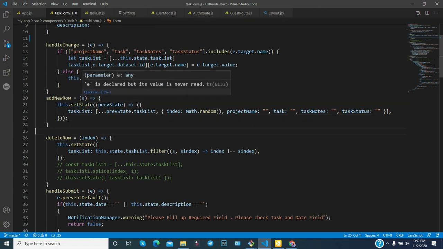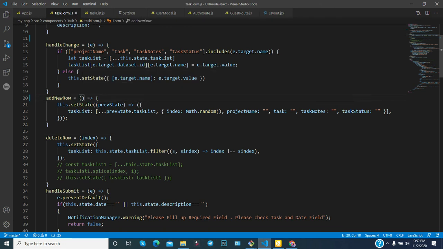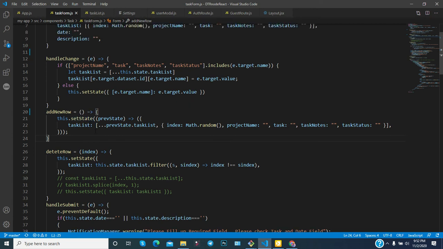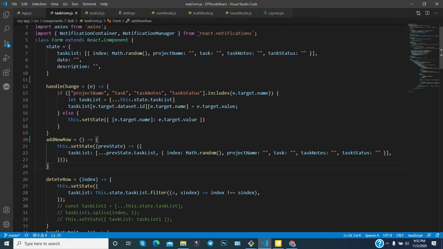Now it is not required. This is an extra argument. This dot set state, you are updating your state value, which is the task list. Where you have copied the previous value, whatever previous value it has. You have utilized the 3 dots, which means the spread operator. It means you are copying the previous data, and now you are adding one more data in this particular array.